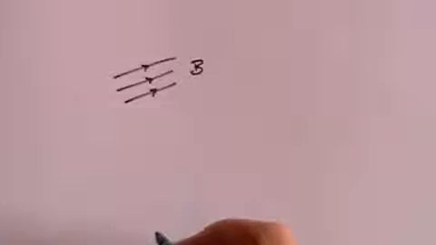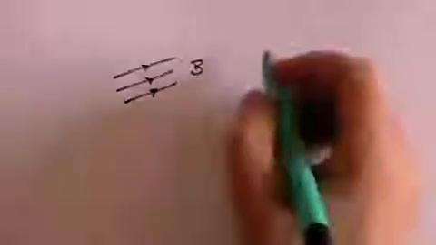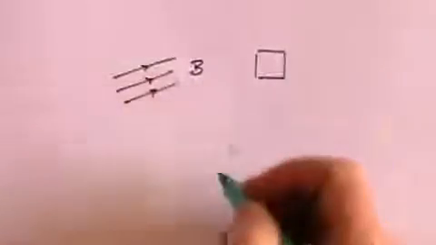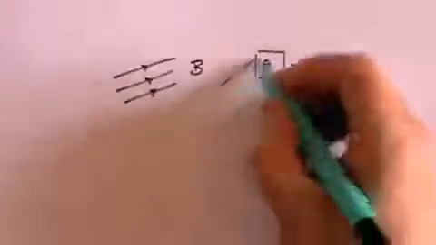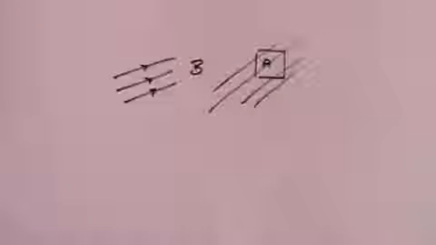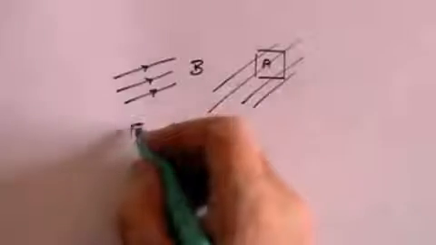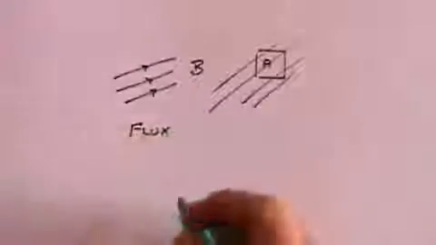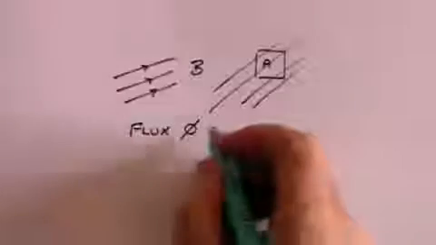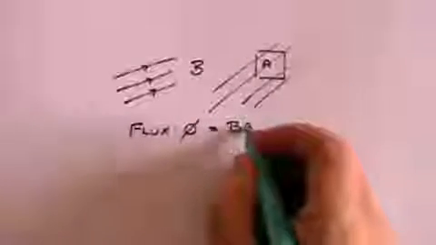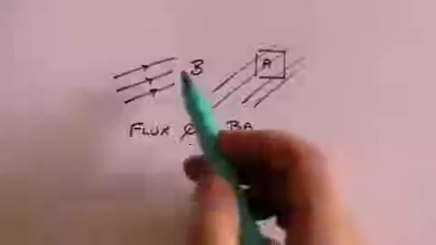But if you take the field per unit area, so if we have, let's say, an area here, area A, and you have field going through it, then what's called the field strength per unit area, which is also called flux, which is given the sign phi, is equal to B times A. In other words, the flux is the strength